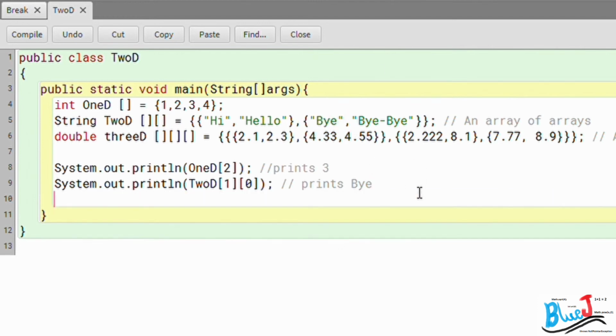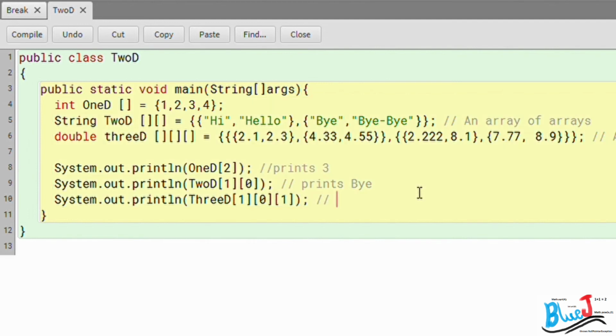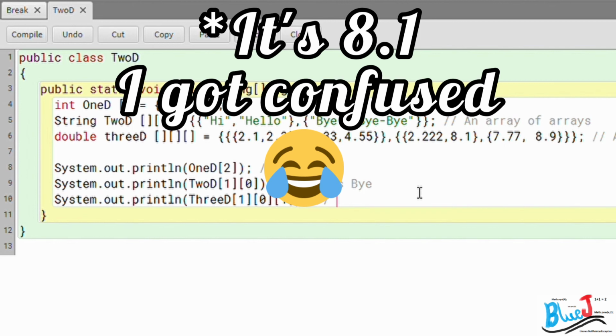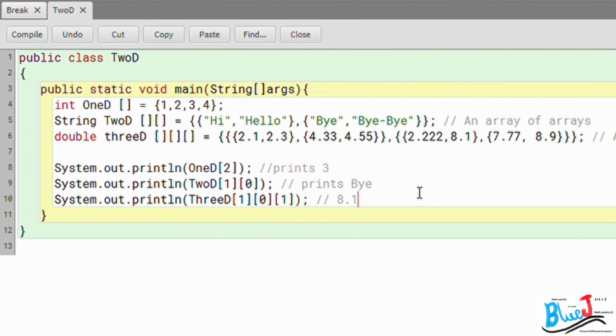Now for my third dimensional array, I will also write its output statement. 1, then index 0, then index 1. So this will print, I think 8.9, if I'm not wrong. It should print 8.9.